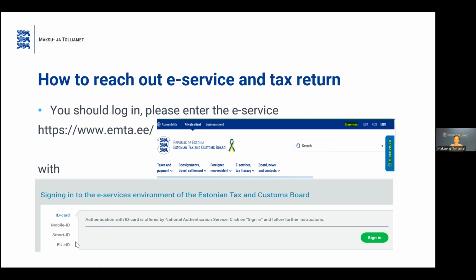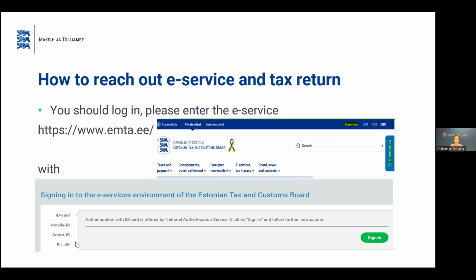It is always very useful to use this logged-in service because information is then pre-filled. You can fill everything yourself there and see what happens and correct information. So it is very useful to use this online e-tax return.